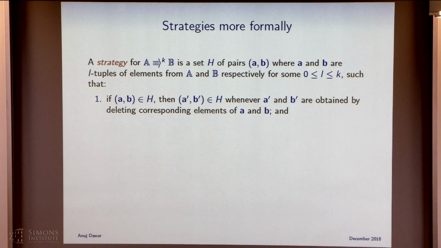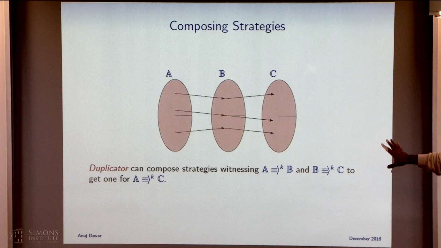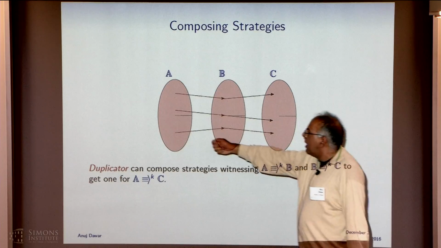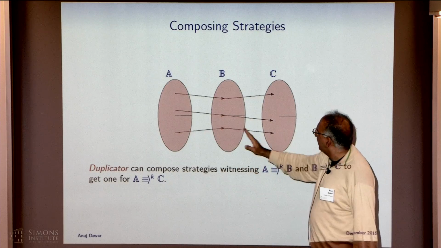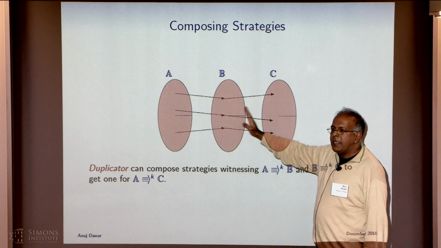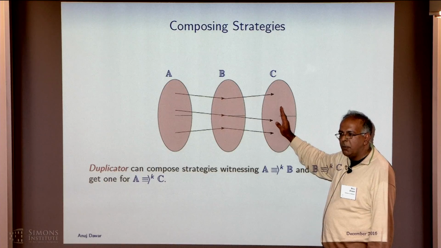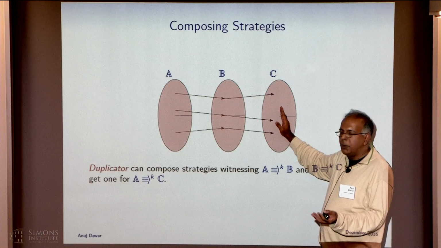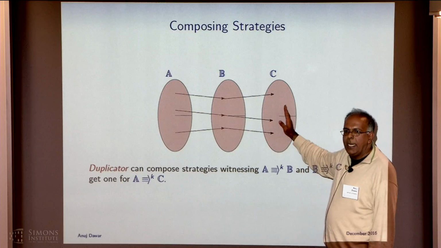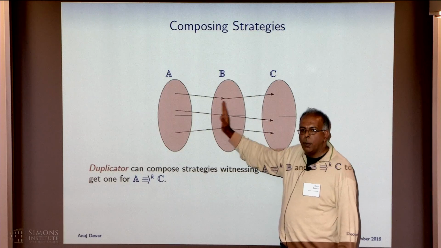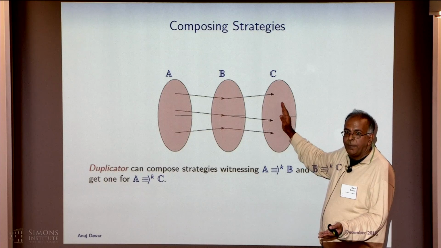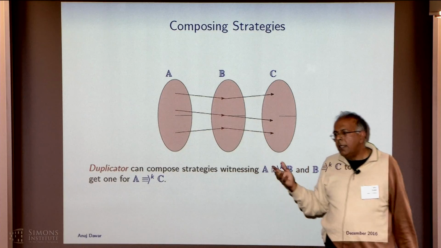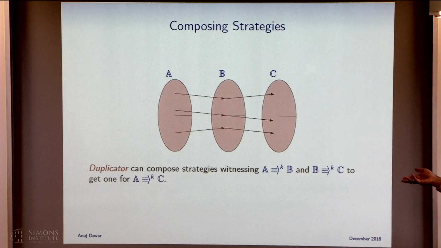That leads us into a difficulty, which is maybe best explained in this picture. Suppose we have a fixed strategy, namely for any position between A and B, a function which maps to the next move, and for any position between B and C, a function that gives us the next move. It's not clear how you compose those, because given a position between A and C, there are many ways you could factor it into a position between A and B and one between B and C. And those factors could give you different functions. There's nothing in the definition that enforces consistency of those different functions.